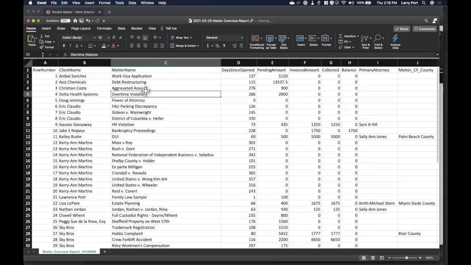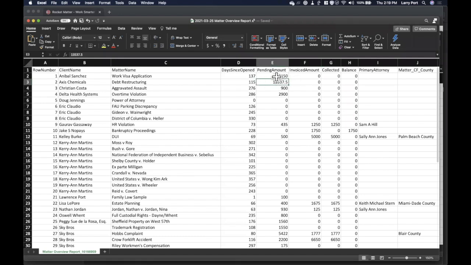All right. Now, the next thing I want to do, are there any questions so far on getting this thing in good shape? The next thing I want to do is I have these pending amounts, but really those are kind of dollar values. So I have invoiced amount, collected, and balanced. What I want to do is change these to dollars, because right now they're really kind of even whole numbers. Only one of them has a decimal point.